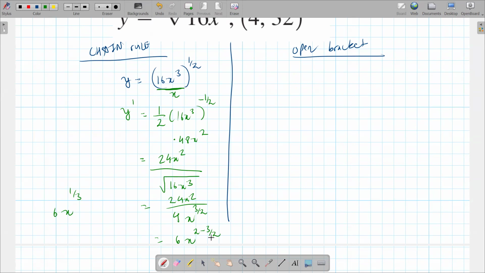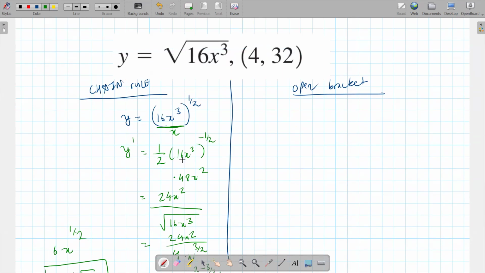2 minus 3/2 is 1/2. Not 1/3, 1/2, which is 6 square root of x. There we go. That's the final answer. So that's using the chain rule. Let's not use the chain rule. Let's use